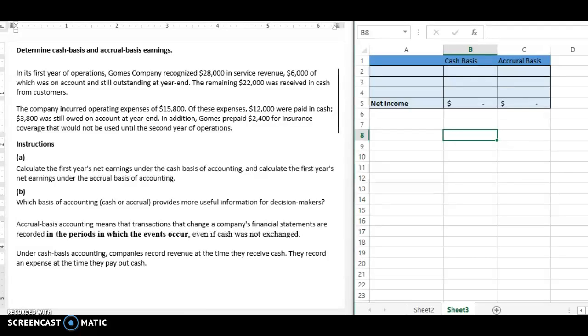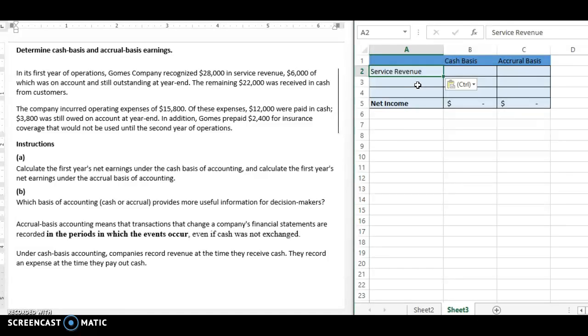So let's go over to the problem. And so we can see that I have it set up here. We need to find the net income for cash and accrual. First, we need to label everything. We see that there are three sections here. The first we read about was the service revenue. So we're going to put that first because